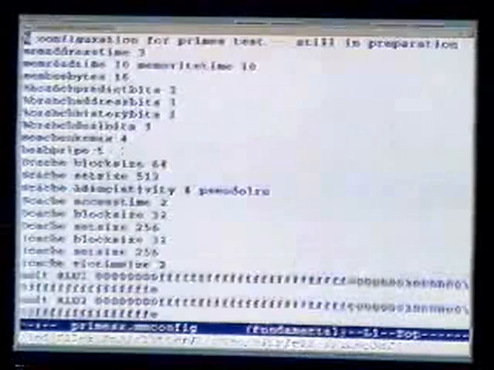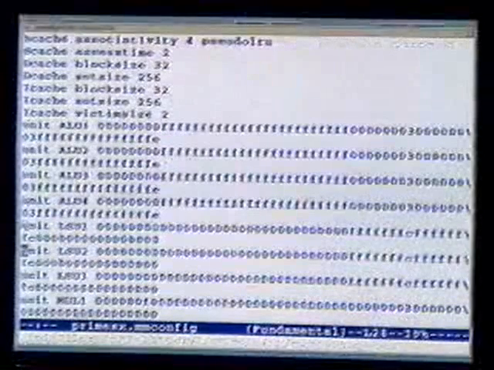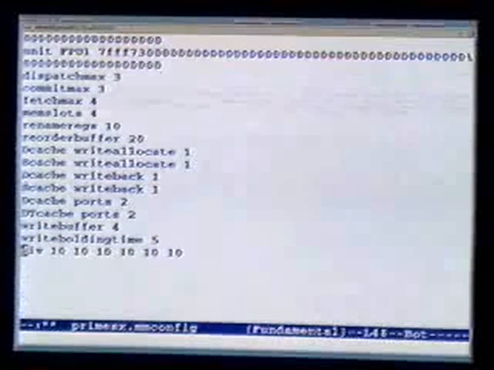So this says that there's 4 things in the write buffer, and this says that we keep things 5 cycles in the write buffer, hoping that something else will want to go in the same location before we actually decide to go to memory. So this is an example of parameters. I'll show you another file quickly. This is primes.mmconfig. This one is similar, but we added a couple of ALUs. It has 4 ALUs, and the main thing I want to show you at the bottom here, we defined